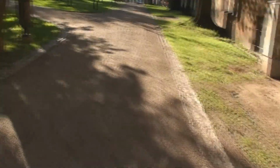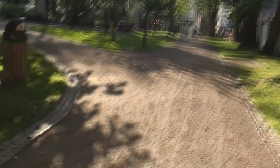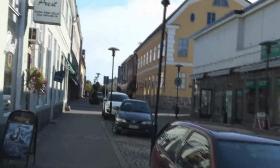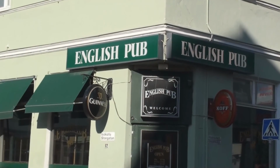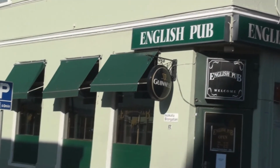House here, of course. A little bird. You can hear me walking. And the dove. Now I'm getting closer to the shopping area. There's an English pub. Might look familiar, but it's like,